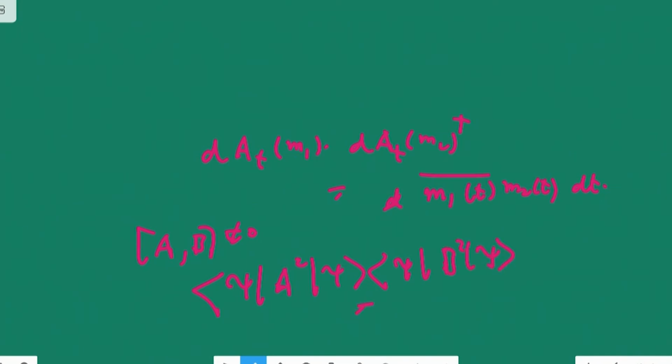you take the variance of B in the same state, B square in the same state, then by using the Cauchy-Schwarz inequality, this can be written as (Aψ, Aψ) multiplied by (Bψ, Bψ), which is greater than or equal to |(Aψ, Bψ)| squared, which is greater than or equal to the imaginary part of (Aψ, Bψ) squared, which is nothing but 1 by 4 times (Aψ, Bψ) minus its conjugate, which is (Bψ, Aψ). So you can bring the A to this side and write it as (ψ, [A, B]ψ)